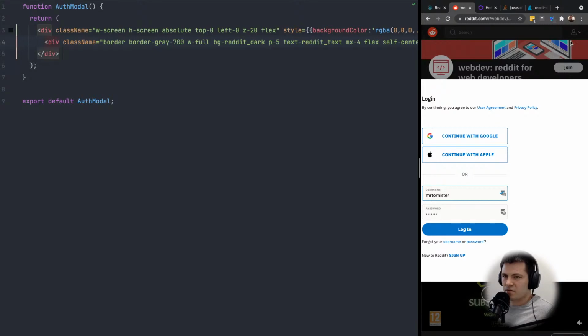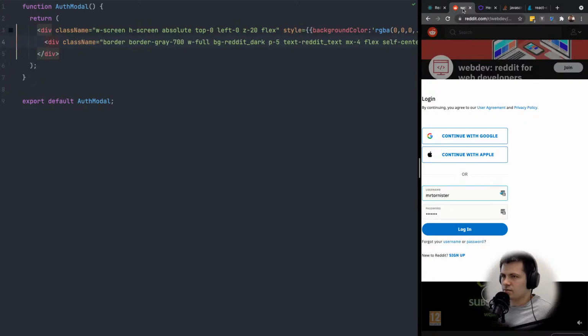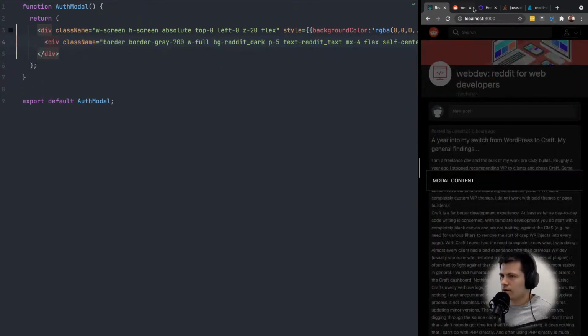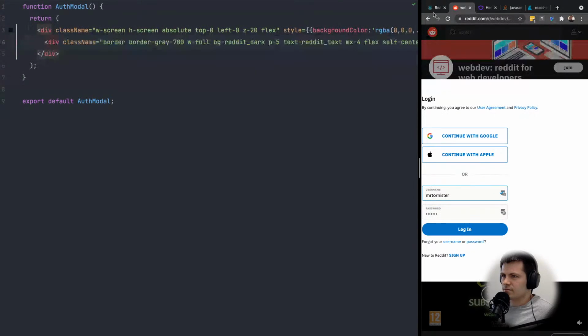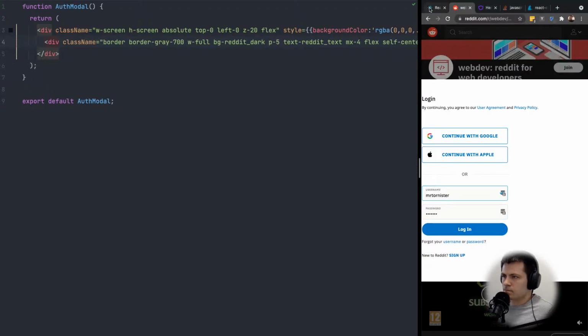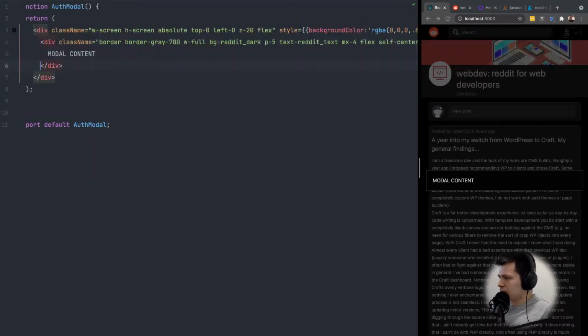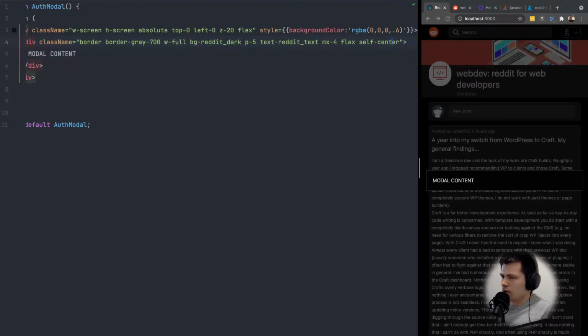I don't know if they forgot that I have dark mode toggled, but I will make it black instead, just to make it a little better and more responsive. Alright, so let's put modal content here, but here let's also do